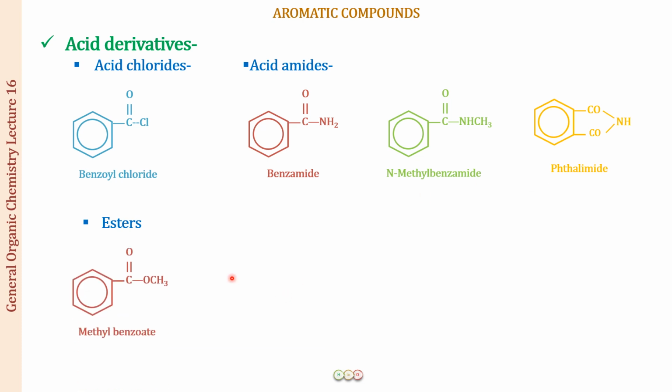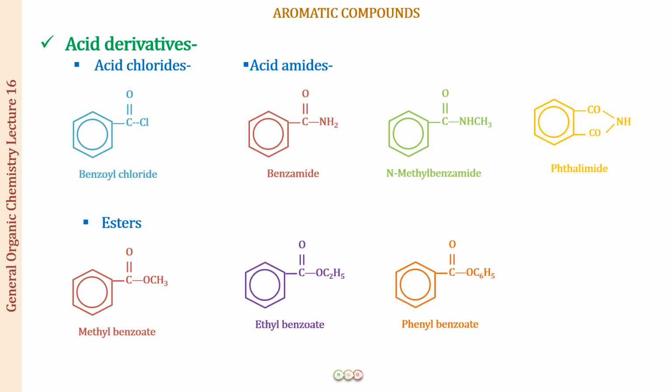Next we have the esters. So here is an example of an ester. We have methyl benzoate. The next ethyl benzoate, and the next phenyl benzoate. And now how do we name this compound? So this is ethyl and this is benzoate, but there is a chlorine over here in the benzoate. All right. So what you will be doing is you will be writing this ethyl, and then this is position number 1, 2, 3, and 4, to which your chlorine is attached. So you will be writing the name of the compound to be ethyl 4-chlorobenzoate.